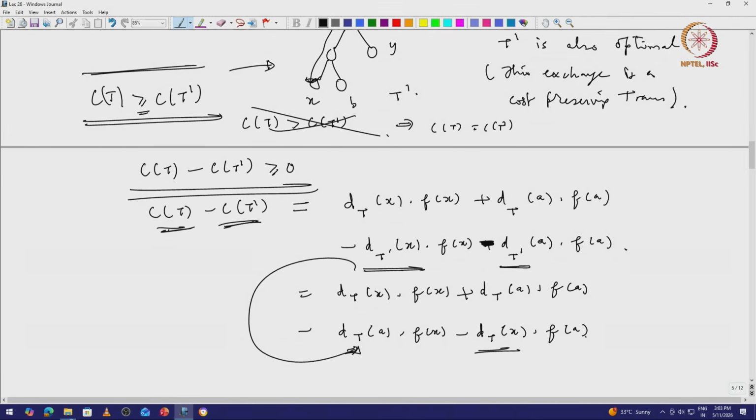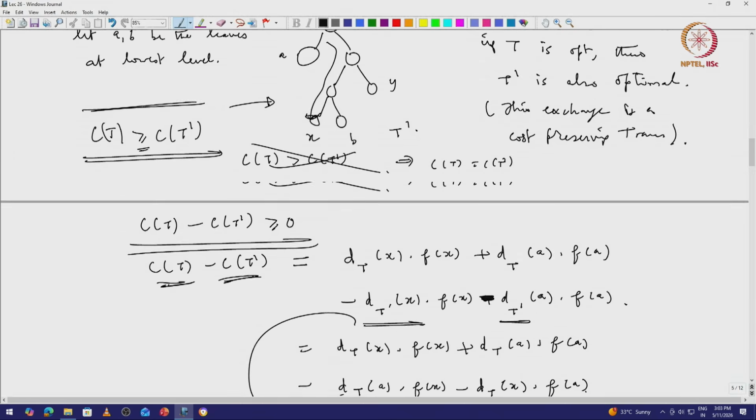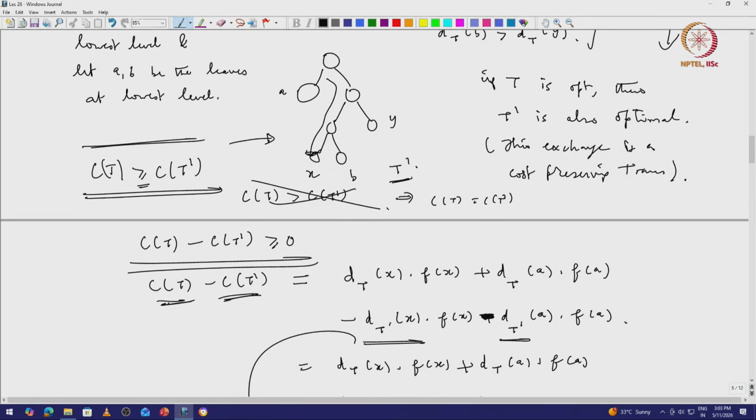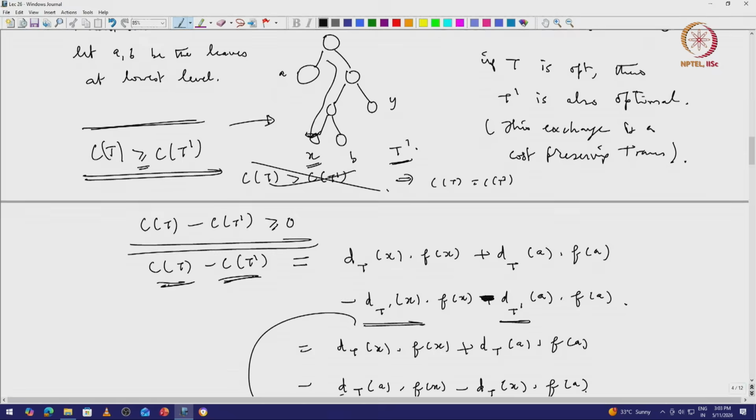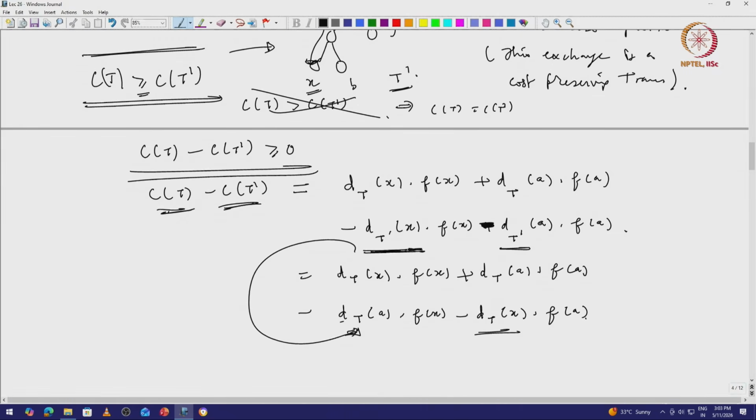What was x in T is A in T dash. Therefore, d T dash of x equals d T of A. Here is d T dash of x. This is T dash, this is x, and that is where A was in T, same path. Therefore, d T dash of x is d T of A. Similarly for the other. So eliminate T dash and bring everything to T, and now you can take d T of A common,